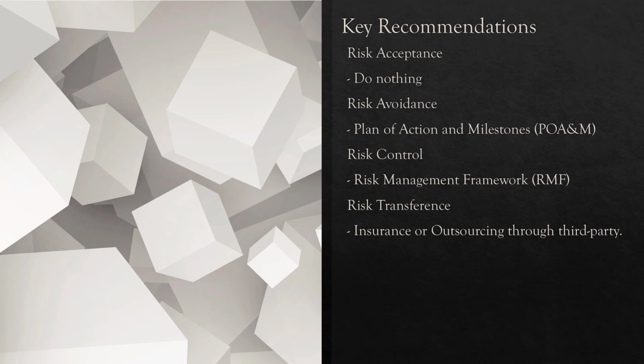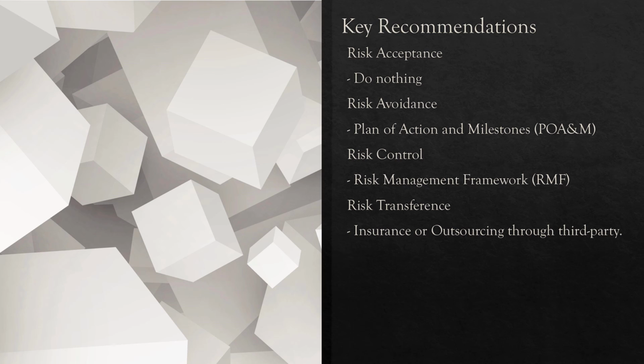The first is risk acceptance strategy, which can involve collaboration between team members to identify the possible risks but not taking any action. This is the riskiest option because it involves doing nothing to mitigate or control the problem or vulnerability. The second is risk avoidance strategy, which involves planning for the risk and then taking steps to avoid it. An example of this is using the POAM framework that involves detailing resources required to accomplish the elements of the plan, milestones for meeting the tasks, and a schedule for completion dates for the milestones.